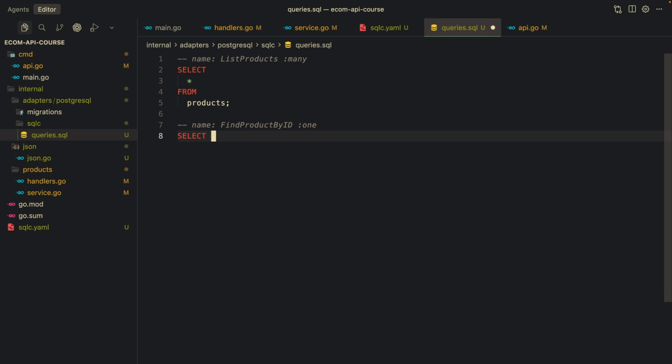So let's do this query. So select all from products where ID is going to be equal to an argument. So this is the first argument you send. If you have another argument, you just do it like this. And if you don't know SQL, it's completely fine. Honestly, just